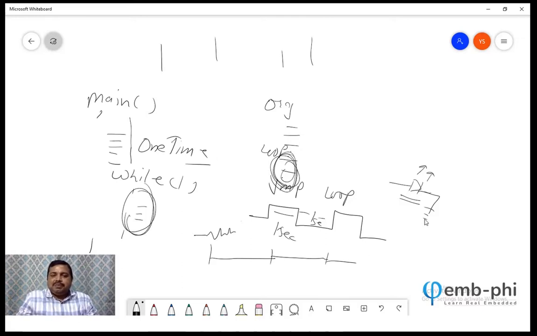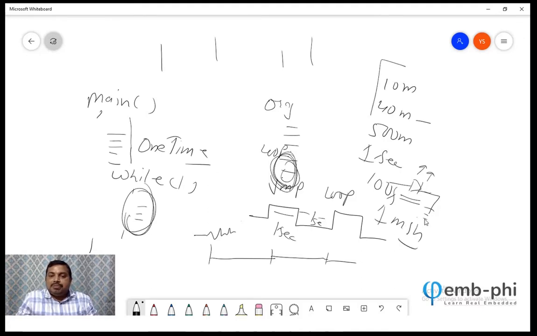Sometimes our requirement will be that in 10 milliseconds we want to do something, every 40 milliseconds we want to do something, sometimes 500 milliseconds we want to take some action, 1 second, 10 seconds, 1 minute, like that.